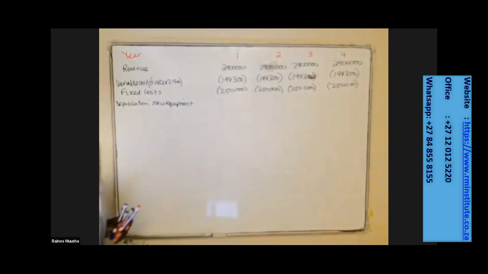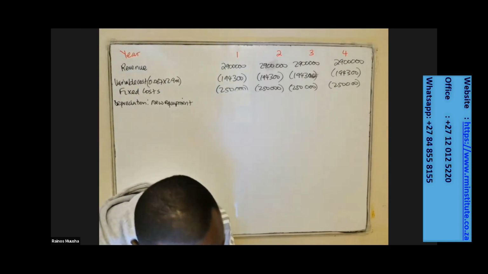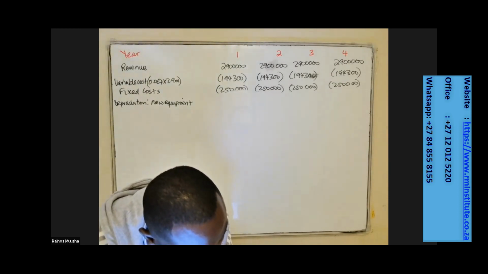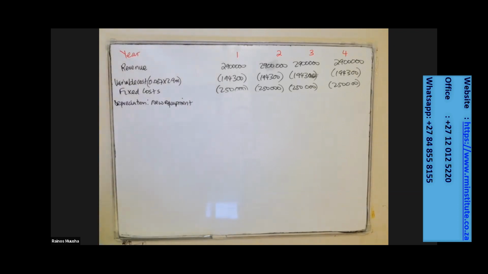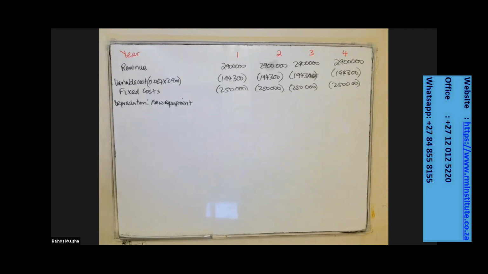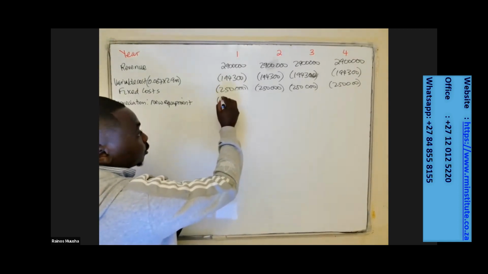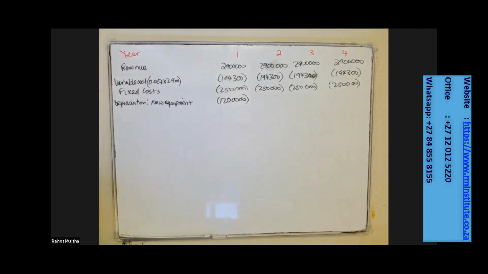Because remember, in the first year, the depreciation is going to be 40%, and the new equipment is going to be bought for a price of 3 million there, isn't it? So for the first year, the depreciation is going to be equal to 40% of 3 million, which is equal to 1.2 million. So the depreciation in the first year is going to be equal to 1.2 million. Do you see where I'm getting the figures from?